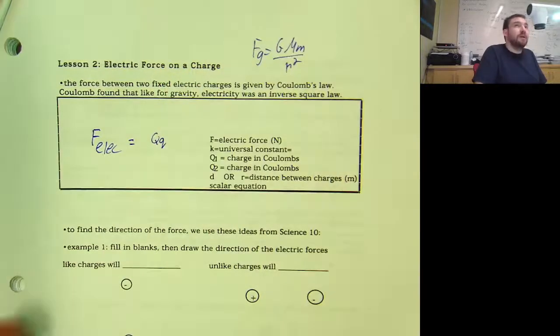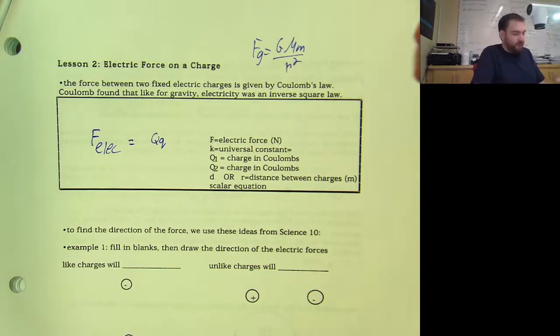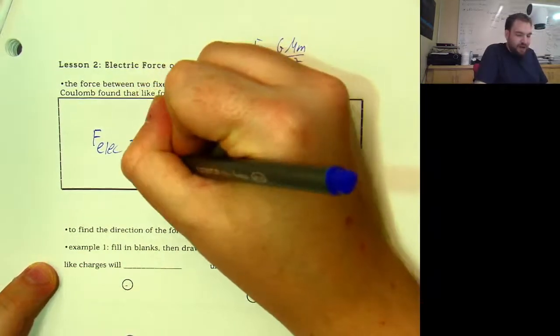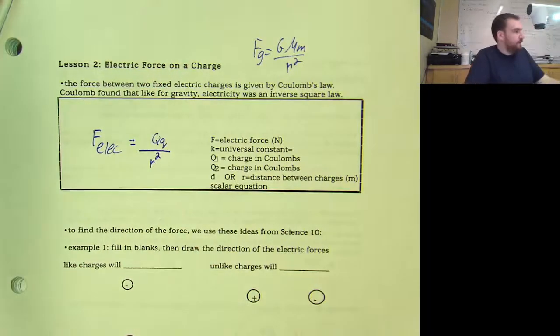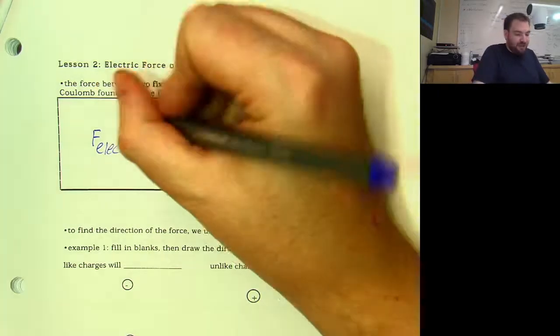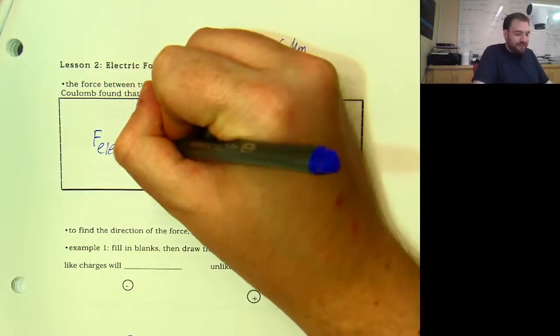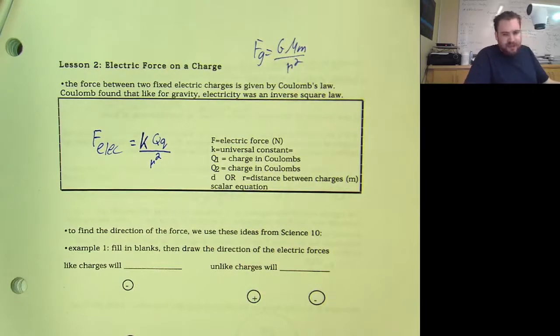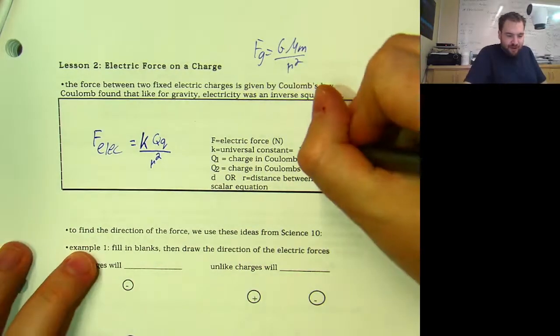proportional to the two charges. So the larger those two charges, obviously the larger the force between them. It falls off with the radius squared. And he found that there was another universal constant that governed this relationship. That universal constant is called K. K is a universal constant that has a value of 9